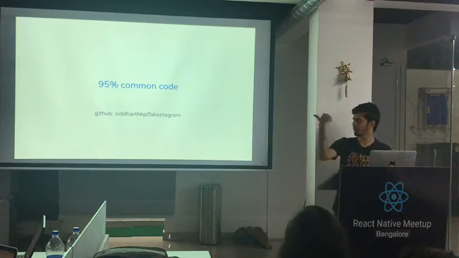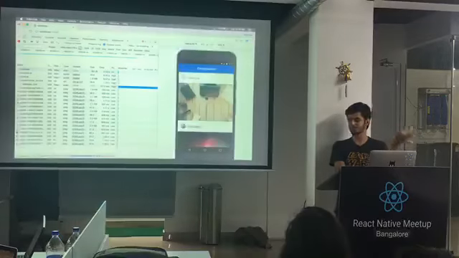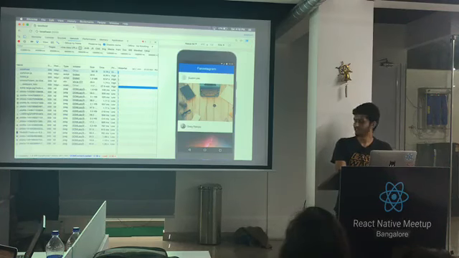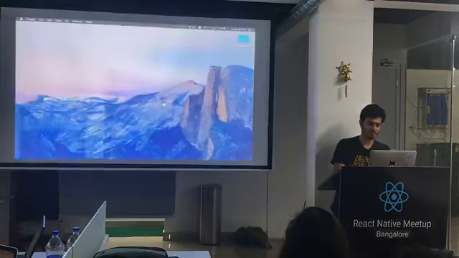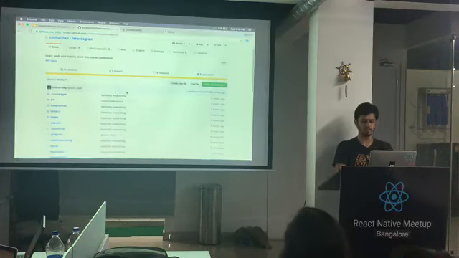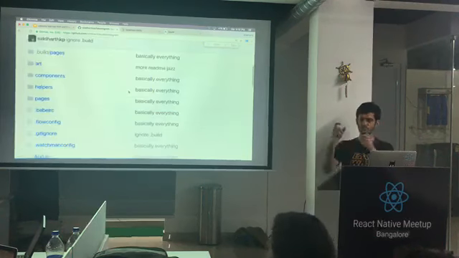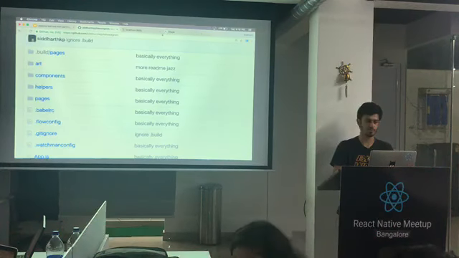Right? All the code is on siddharth.kv/Instagram. There are like 3 folders worth looking at. There is components, there is helpers, and there is pages. There is only one page in our route, so you can probably ignore that. The rest of it is actually just components and helpers. Components is the common code. Helpers are the hacky, gluey functions that I just showed you, which will make your app work.